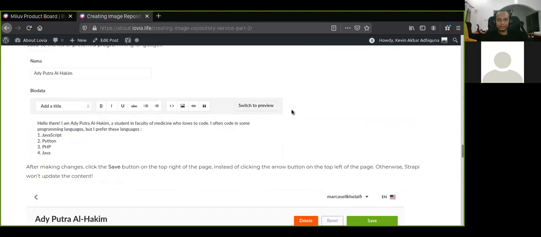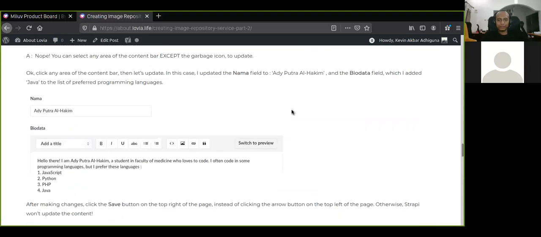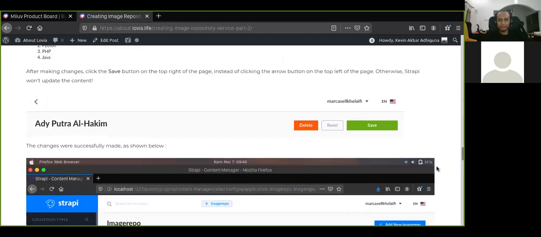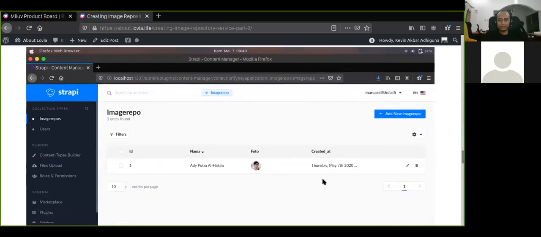Oh, I have not shown the entire page, but that's okay. For example, I'm going to change the name, which is initially Adiputra, to Adiputra Al Hakim. And in the biodata field, I added Java to the list of preferred programming languages. And I click the save button, and then it will not be shown for the biodata field, because I tried to, but